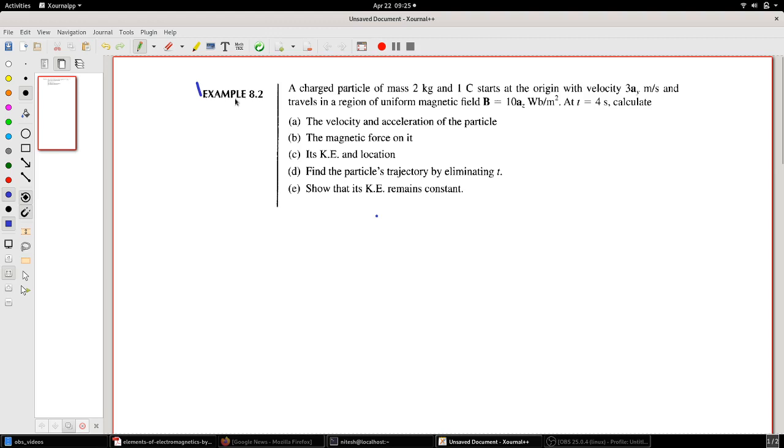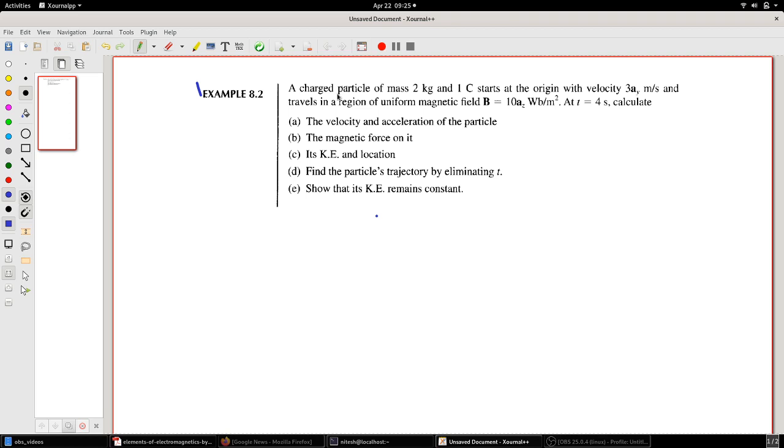Let's look at a new example, which is example 8.2, a solved example from Sadiku. You can refer to the book, but we'll try to solve it, so we'll get an insight into how problems are solved. So a charged particle of mass 2 kg and 1 coulomb starts at the origin with velocity 3 ay meters per second